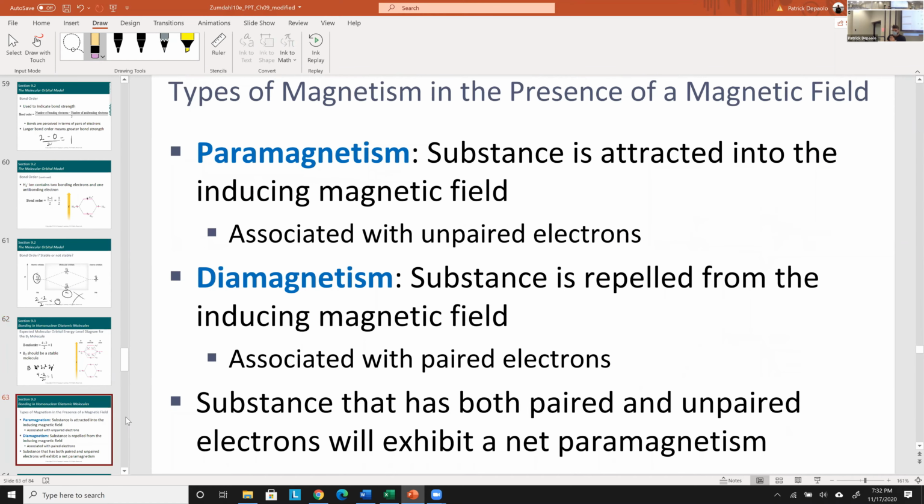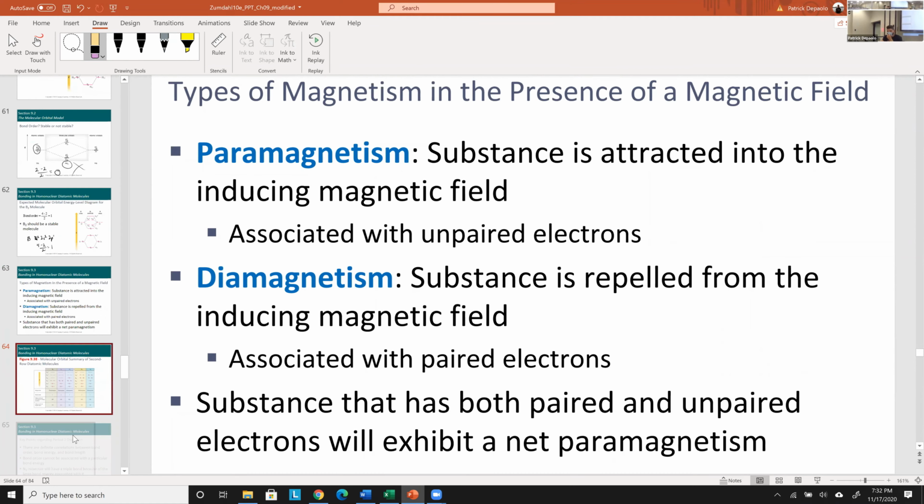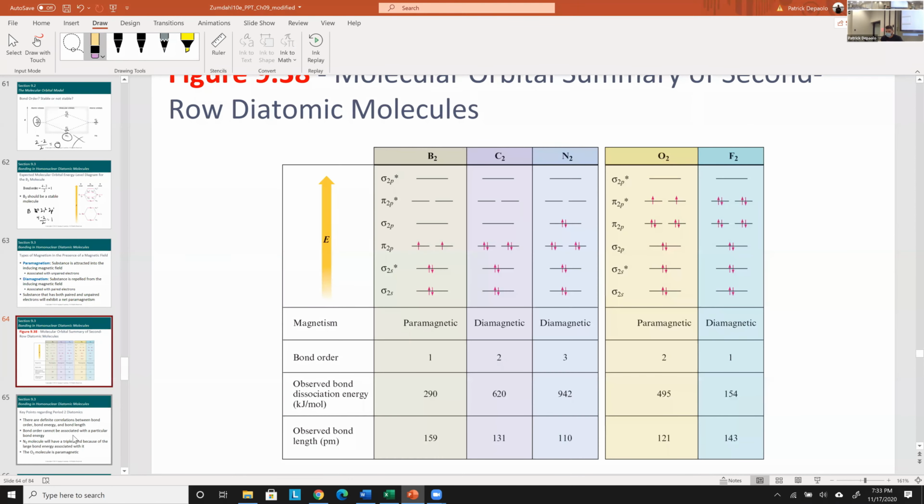Paramagnetic, unpaired. Diamagnetic, all paired. So just know that. Okay, so here's examples of what I was getting at before. Here's the diatomics. So here's the top row of diatomic molecules where you have boron, we went over,